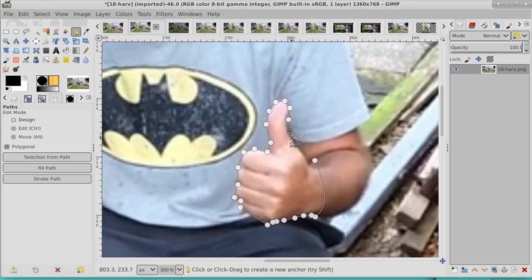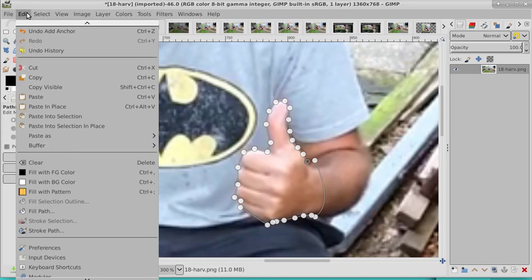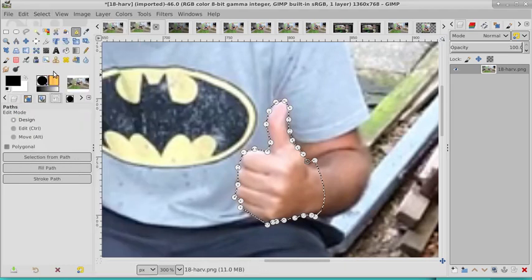I did not check my tools, and I should have. Okay, I don't have it. I was going to say, if I made a feather, I would not be real happy right now, because I don't want to feather it. Okay, select from path,